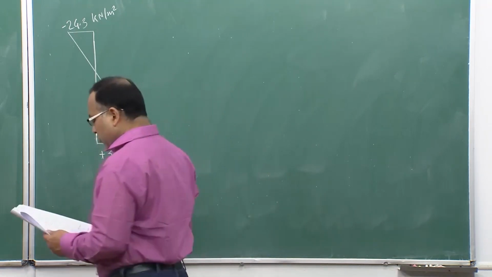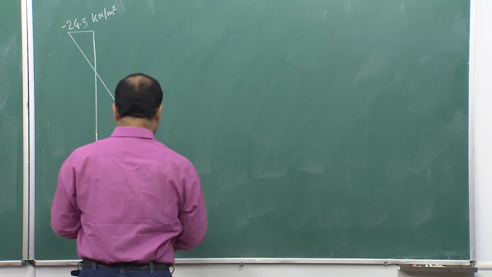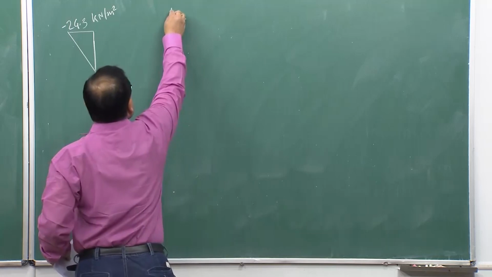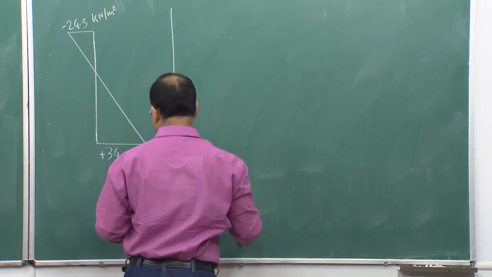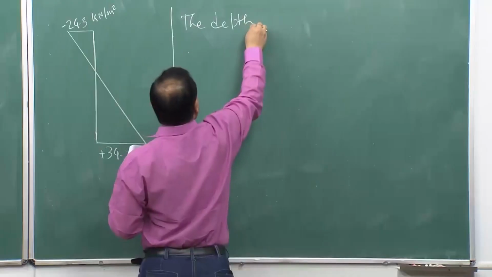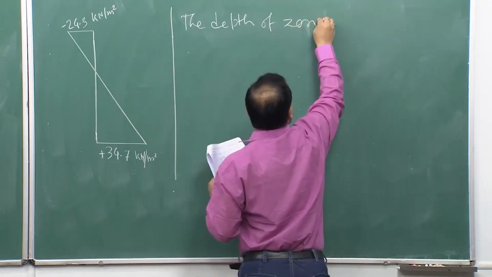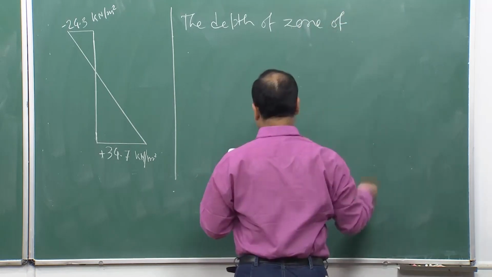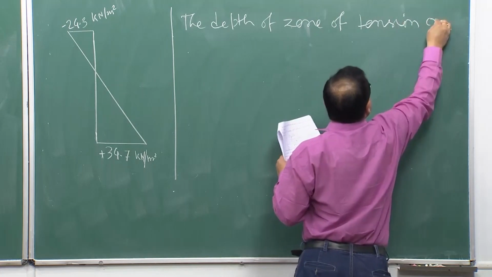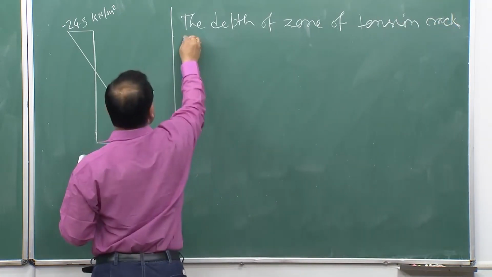Or else you can find that from your previous knowledge, that is Z naught, the depth of the zone of tension crack, is given by